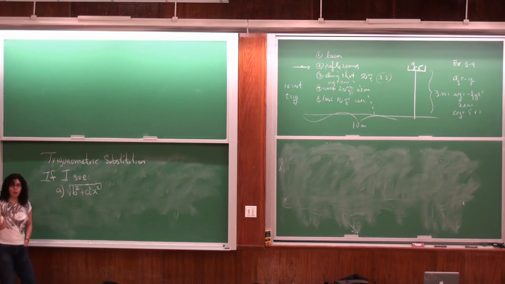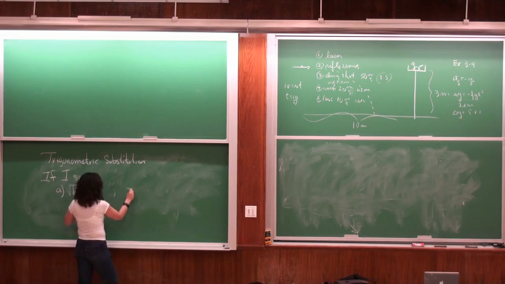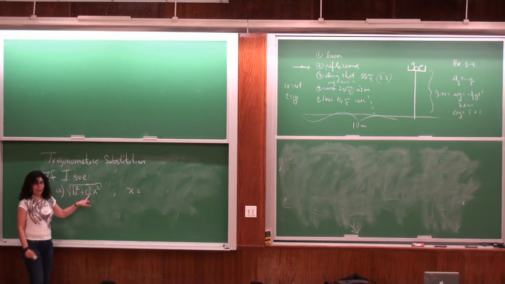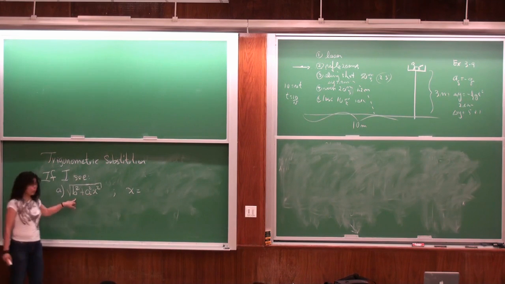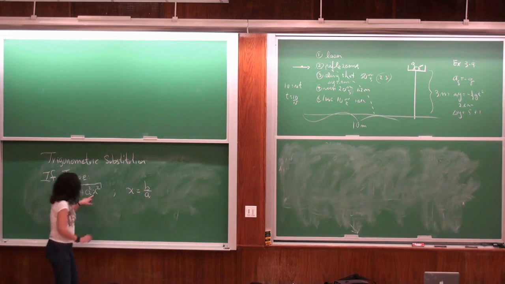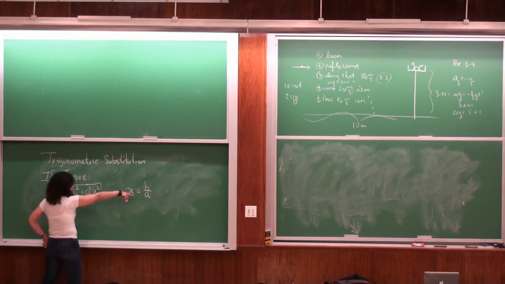Then what is the trigonometric change that I have to do? My trigonometric change is going to be x equals B over A times something. I need to get rid of this A to be able to factor out the B, right? And then I need a formula that gives me, after I factor out the B, 1 plus something.